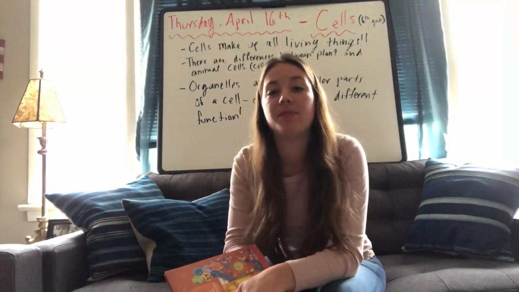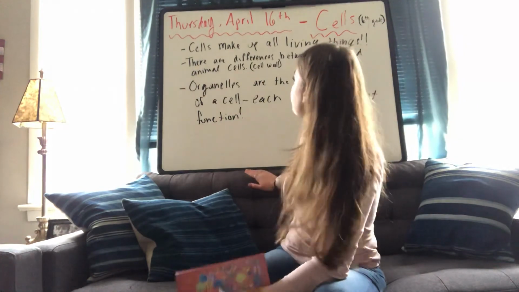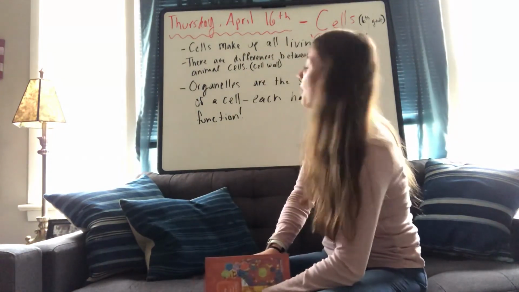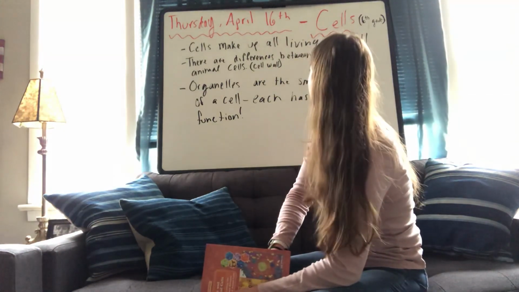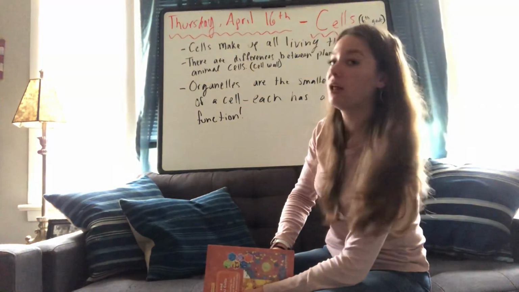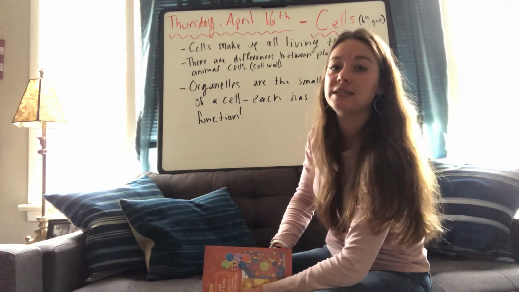I am going to stop there and highlight the important points that we have read so far that I've written behind me, if you can see it. The important first bullet is that cells make up all living things, so anything that's living is made of cells. There are differences between plant and animal cells, the main difference being the cell wall and the cell membrane. So the cell wall is going to be found in plant cells, and the cell membrane is going to be